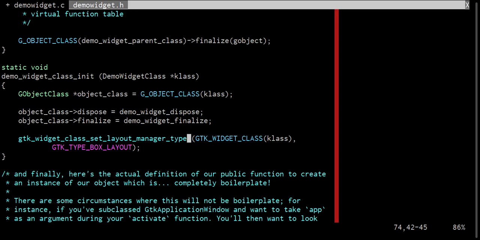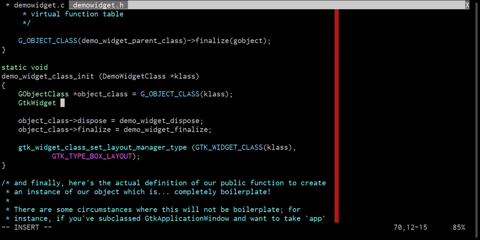There are various types of layout managers that you can utilize, but we're going to use the box layout type. So what you do is you run gtk_widget_class_set_layout_manager_type, and it expects a GtkWidgetClass pointer, which we don't have at our disposal here. We have an object class and a demo widget class, so we're just going to type out the class manually here and cast with our macro. You could just as easily, if you'd like, go GtkWidgetClass *widget_class = GTK_WIDGET_CLASS(class),